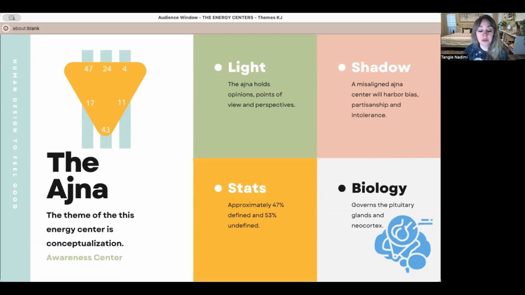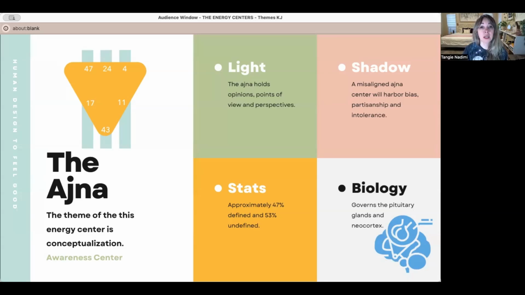So in the light form, it holds opinions, perspectives, points of view. The misaligned or the shadow side will harbor bias, partisanship, and intolerance for others' perspectives. So we're almost 50-50 on the stats here, 47% defined, 53% undefined,